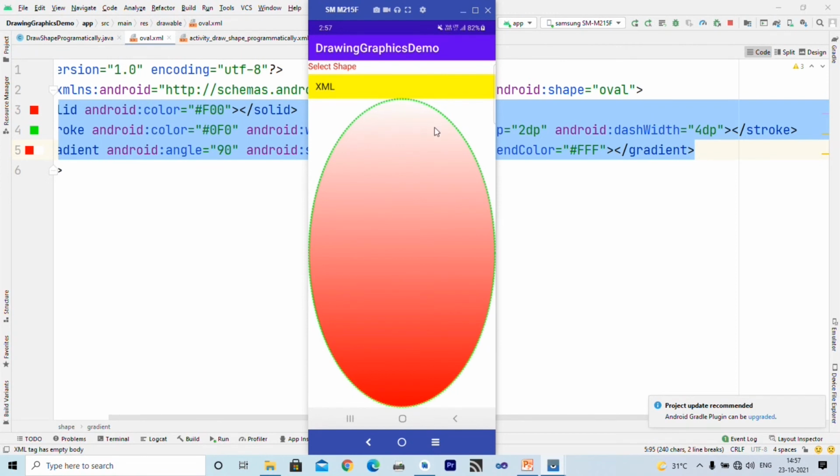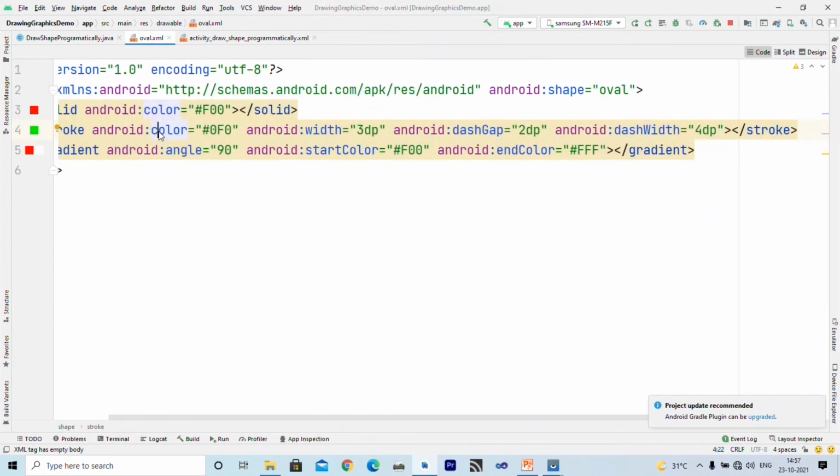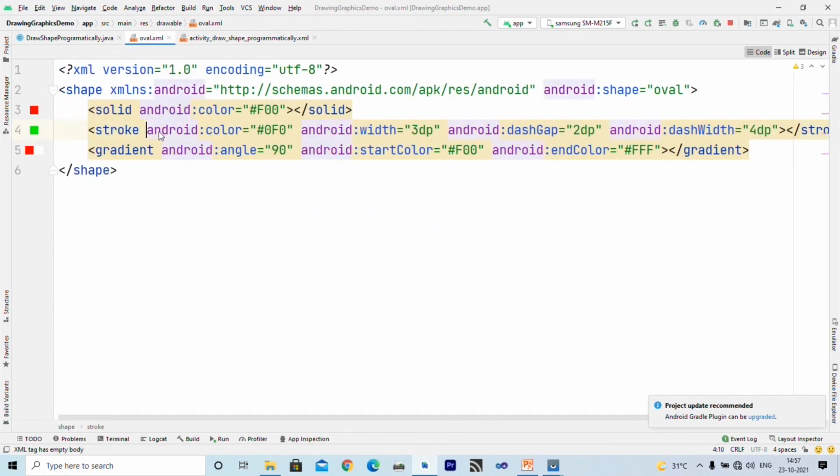That we have specified using this stroke. So the stroke property specifies that the border should be green, its width should be 3 device independent pixels, the gap between two consecutive dashes is 2 pixels, and the width of a dash is 4 device independent pixels.